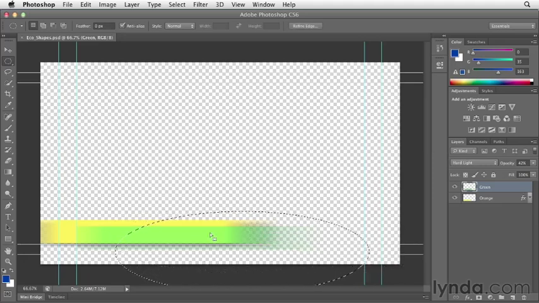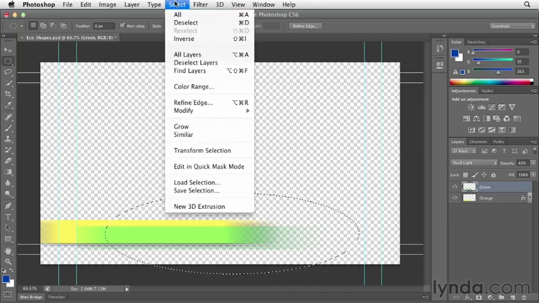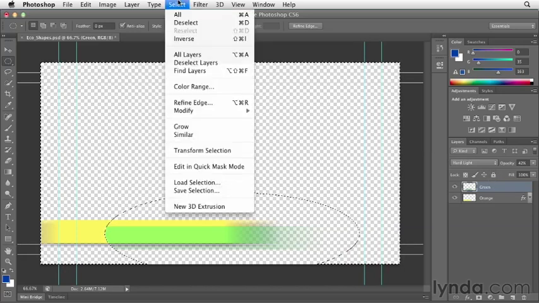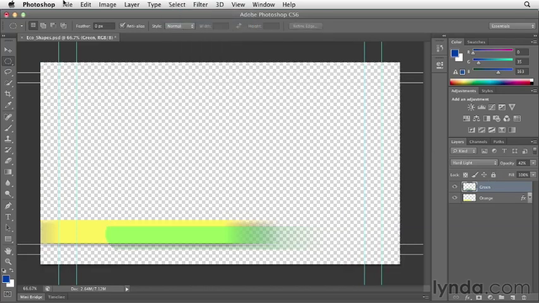I'll just reposition this by moving my mouse in the middle of the cursor, and there we go. Let's say I want that to be my new left edge. So I'm going to go to Selection and choose Inverse. So now everything else other than the circle is selected, and press Delete on my keyboard. I knew I could press Delete because I already had the green layer selected in my Layers panel. So it's time to go up under Select and say Deselect, and just File, Save to save the change you've